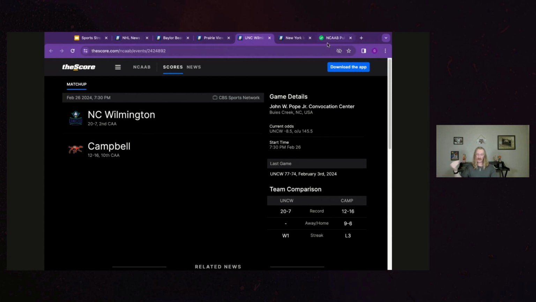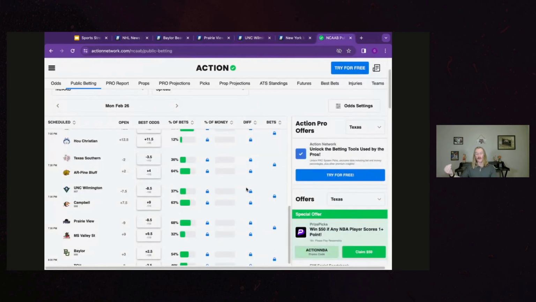So while I do see kind of eye to eye with the Sharps on this one, I do not always see eye to eye with the Sharps. This past Saturday, that would have been February 24th, 2024, Lehigh was playing a game. I do not remember who they were playing, but I jumped on a contrarian bet split despite Lehigh being on the road, despite it not making a particular amount of sense to bet on Lehigh in that spot. And Lehigh covered. I think they won by 8 or 9. And it's only because I trusted the Sharps. I don't even know what the analysis was. I don't know what they're thinking. But when I see shady line movement, if it's fishy enough, I'm going to hop on the fishy side,